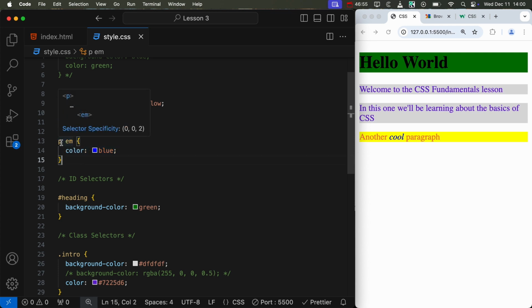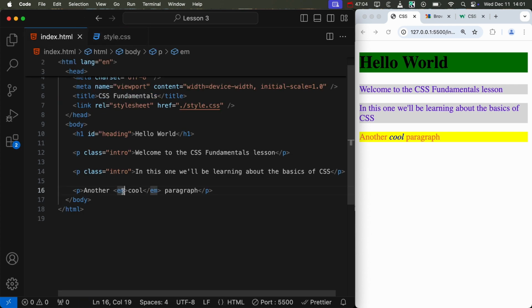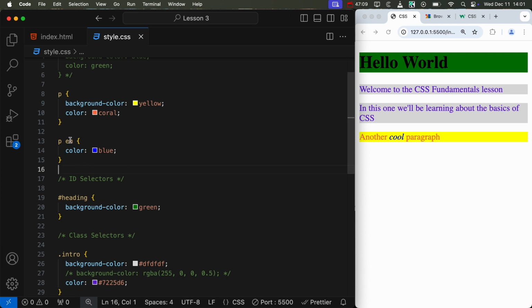So over here, I'm targeting the P, then the M. So this means that I'm targeting the emphasis. Let me check, what is this tag called? The M element, which is the emphasized element. So over here, I'm targeting the emphasized element, which is inside the paragraph tag. Or you can go the other way around and say, target the P, then go inside the P and target the emphasized element. And you can see over here, the P, then the emphasized element is inside it. So in here, I am being more specific to say that I want this emphasized element